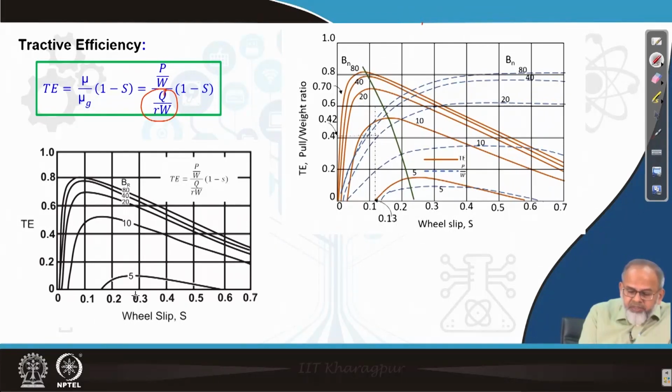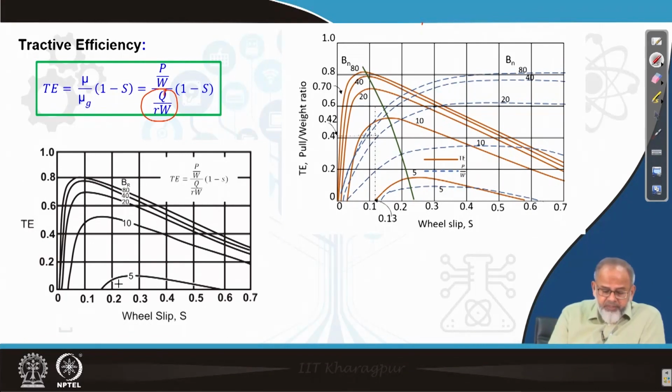If wheel slip is more than 20%, beyond this, again it is going down. Tractive efficiency, if you look at the cursor, it is rising to a peak very sharply, then it is going down. So, if you are beyond 20% or 25%, then there is again decrease in tractive efficiency, and that decrease in tractive efficiency is because of increasing portion of